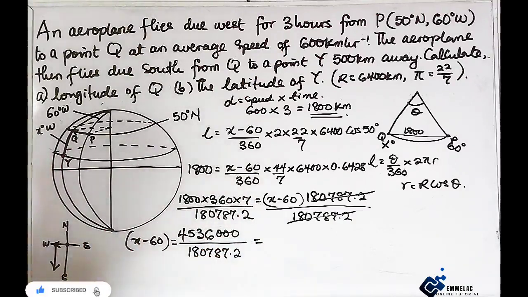So when we divide through by 180,787.2, we get